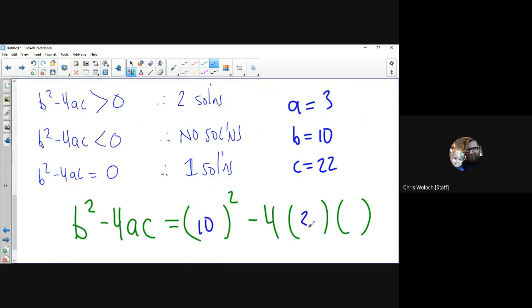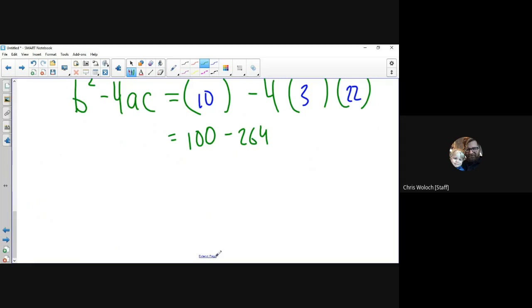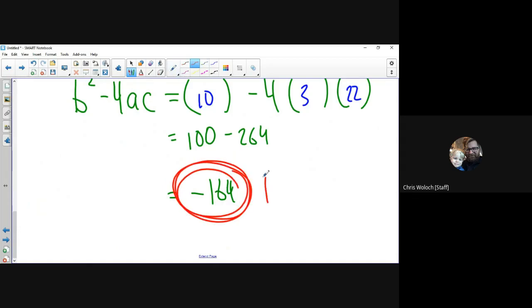so 10 and then 3 and 22. This is going to be 100 minus 66 times 4, right? Well, 60 times 4 is 240. And then 4 times 6 is 24, so 264. And then 100 minus 264 is going to be negative 164, okay? So this is negative,